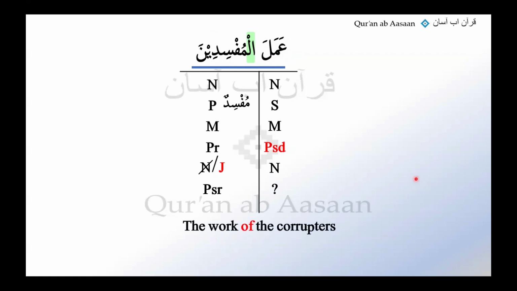Now, look, you have been asking why we are adding the "the" in the translation, okay? Why here we also did "the amal"? Look, for the common nouns, we used "a" or "any" in the translation, right? A common noun is like when I say, give me a book. Give me any book. Give me a pen. That's what we use, "a" or "any". But if I say, give me the book, I'm asking for a specific book, okay? Give me the Quran book, okay? When I say that, I want that particular book, correct?